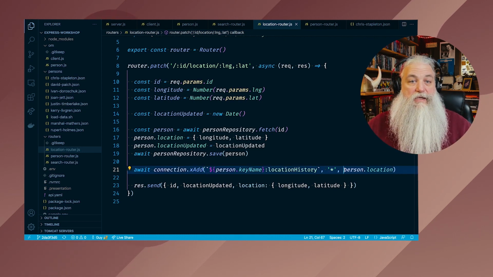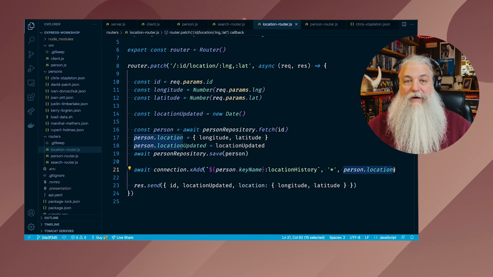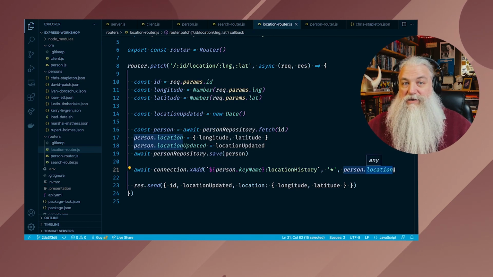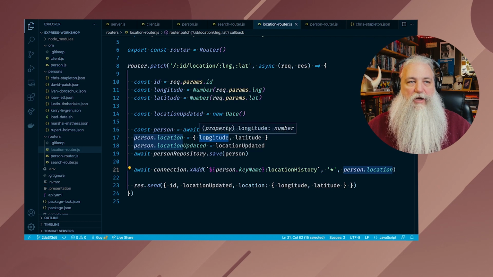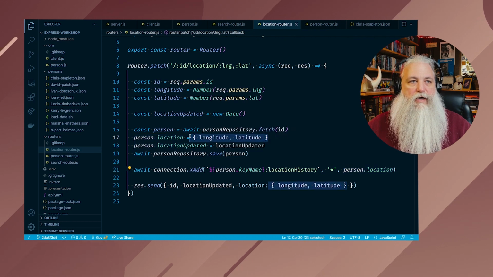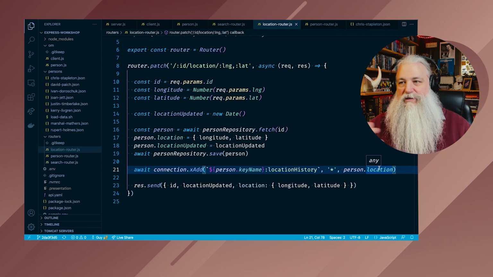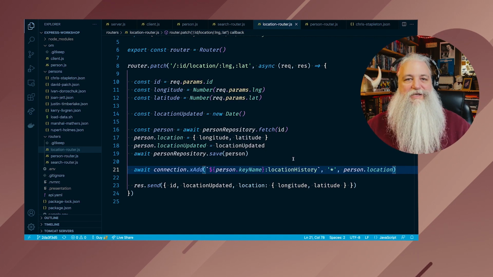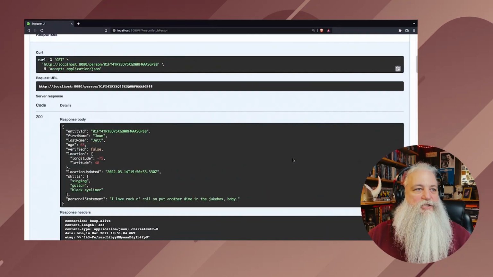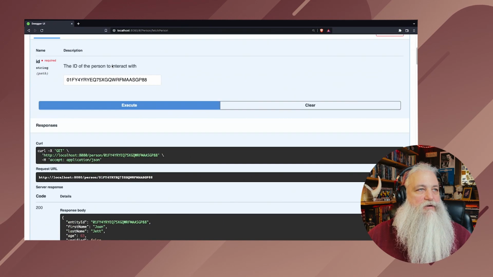And then we pass in a JavaScript object with name value pairs in it. Location is made up of longitude and latitude here, right? So we can just pass that in as is, and that will update the latitude and longitude for that user every single time we call this route. So let's do that again. Let's take Joan Jett and update her location